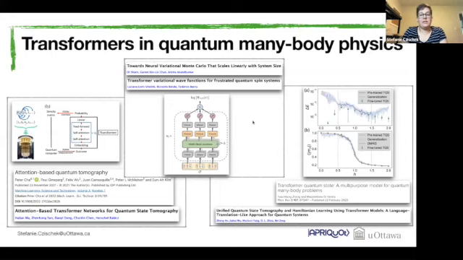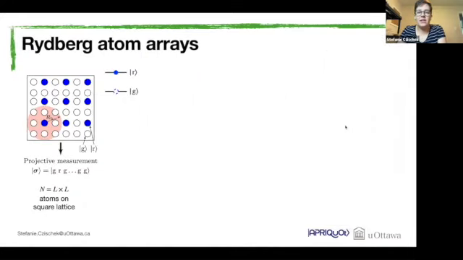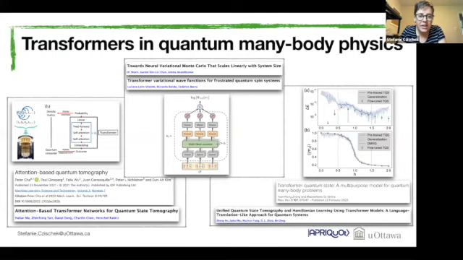Another application, which is the one I will talk a bit more about today, is variational Monte Carlo. Variational Monte Carlo basically means we are given some Hamiltonian of some qubit system, and we want to find the ground state, so the state of minimal energy. We want to find a numerical representation of this ground state. And here we can use transformer models. People have done it and have shown that these transformer models, again, outperform the neural network models we were using before. And so together with my student, or former student, Czischek, oh, sorry, there's a slide missing, I think.